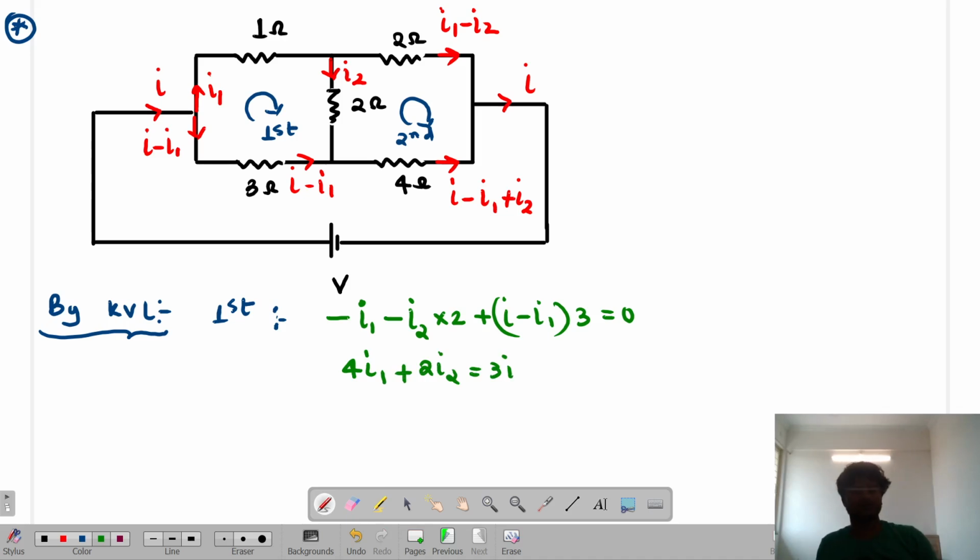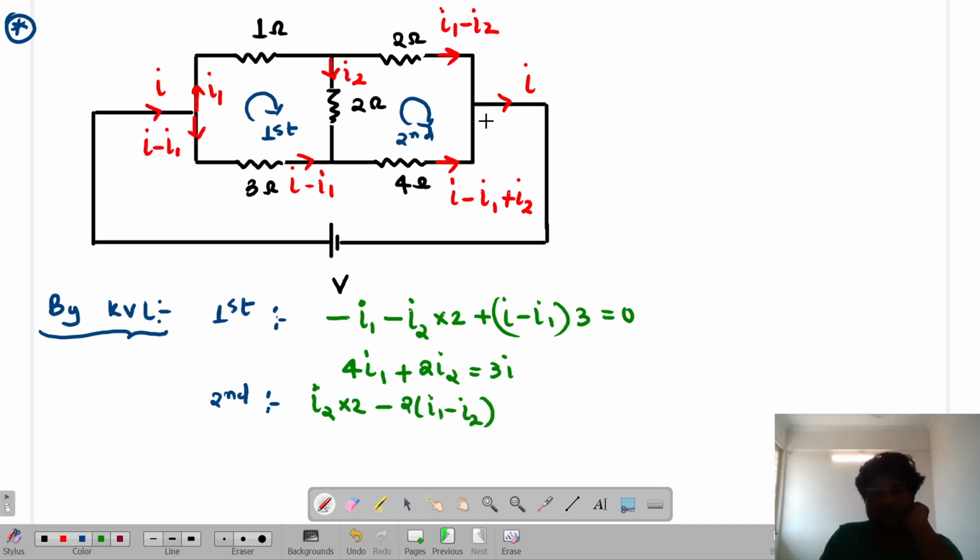This is my first loop. Are you able to get me? Let us suppose I apply the second loop. Second loop, what will I get? I2 is opposite now, so I2 into 2 is positive, isn't it? And this upward one is the same, so minus of 2 into I1